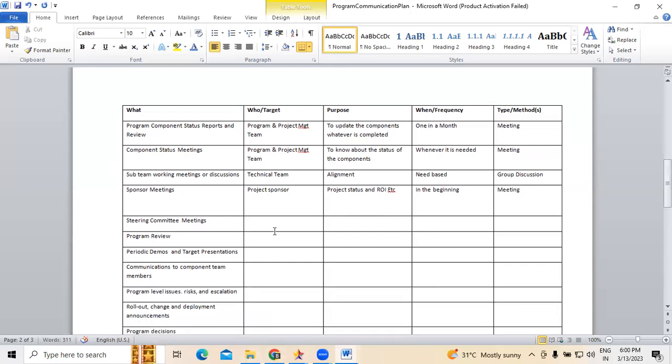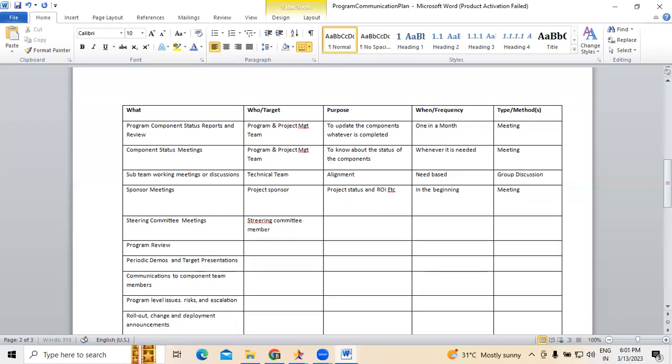Now, steering committee. Steering committee members, whoever are there: the portfolio manager, project steering committee stakeholders. They could be anyone.